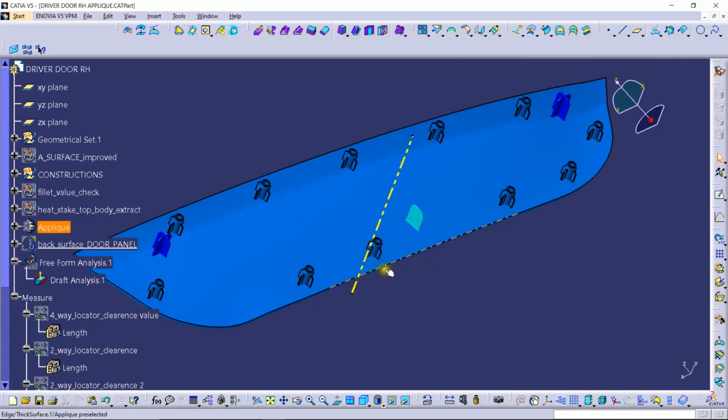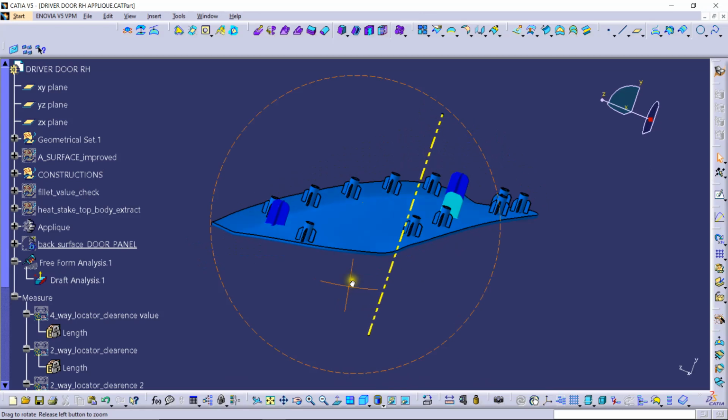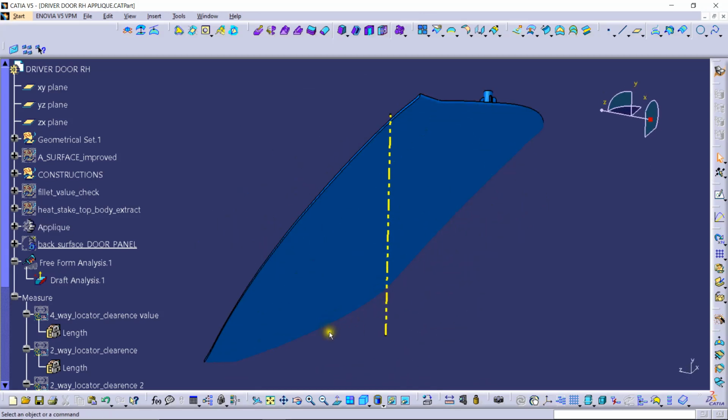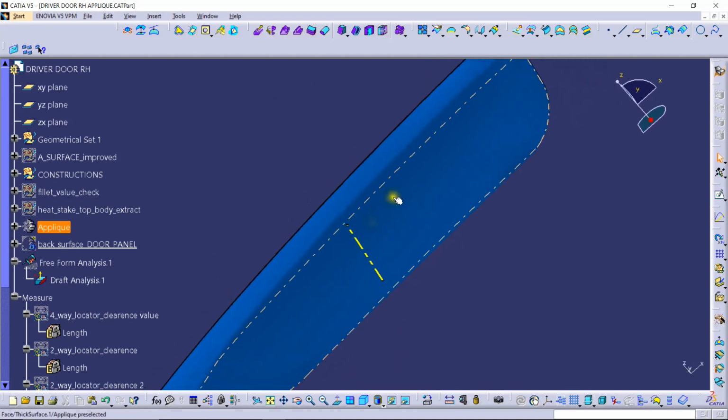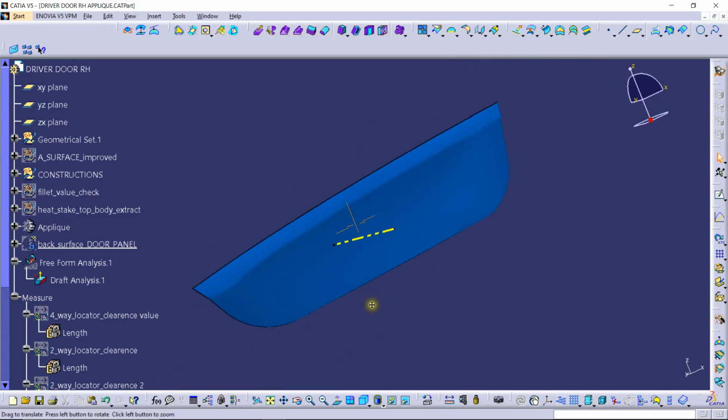So after creating the engineering features and finalizing this design, the NPD team will be sending this model to the CAE team. That is the fourth step actually. What the CAE team does is several analyses on this design model using several software such as ANSYS. They will be inspecting the strength analysis and other things using this kind of software.